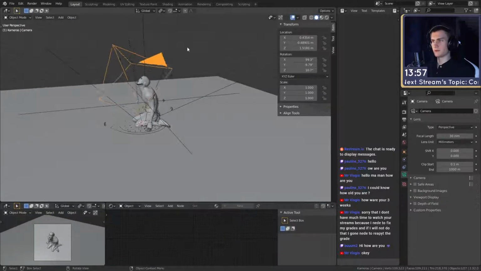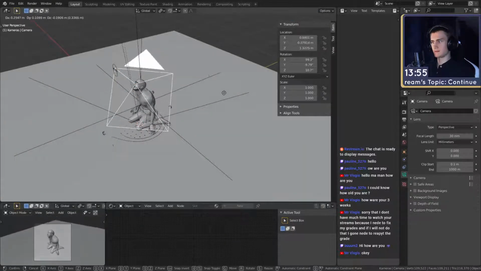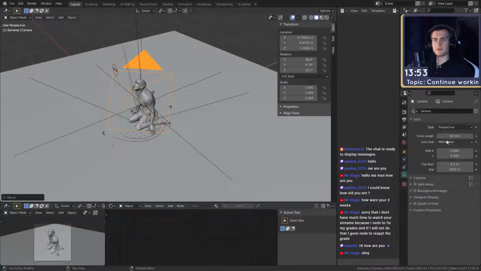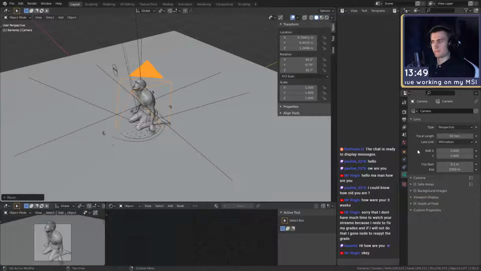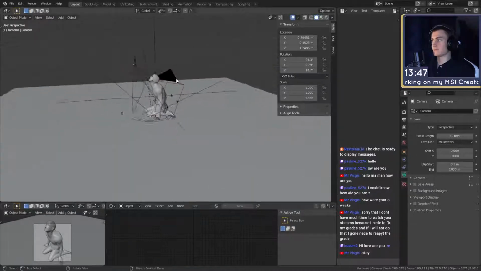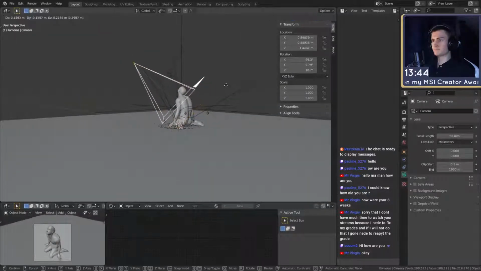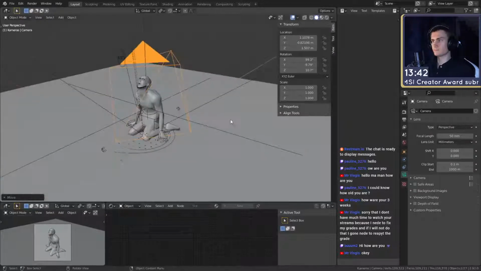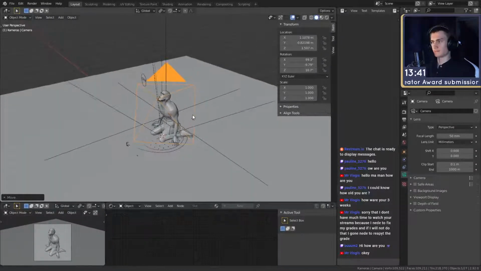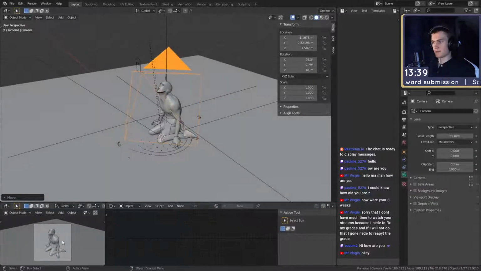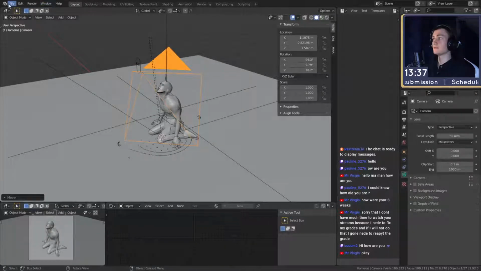Actually, I kind of want to put it more to the side, more like this, and then maybe increase the focal length a little bit. I think that's better. That looks pretty good so far. Let's give it a quick save. Don't want to lose my stuff.